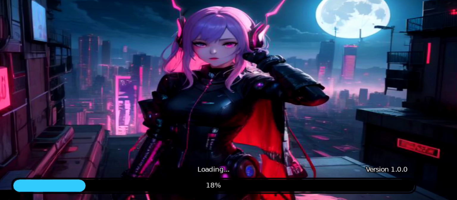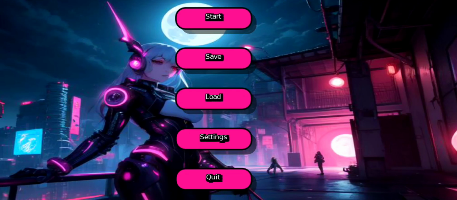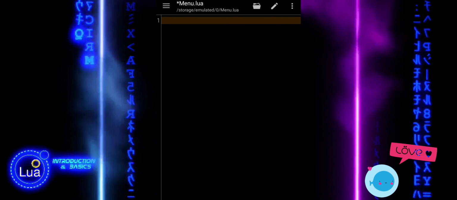In this tutorial, we will focus on evolving our project by working on the menu Lua file. The menu system is a crucial component for any game, and we'll dive deep into its creation and functionality. Additionally, adjustments will be made to the main Lua file from the previous tutorial to align it with our current